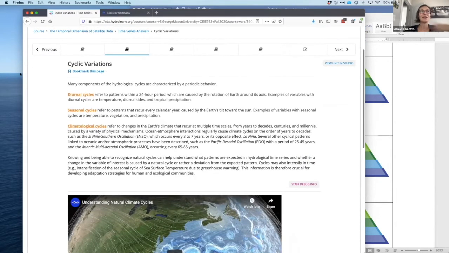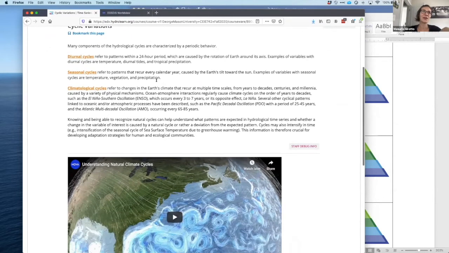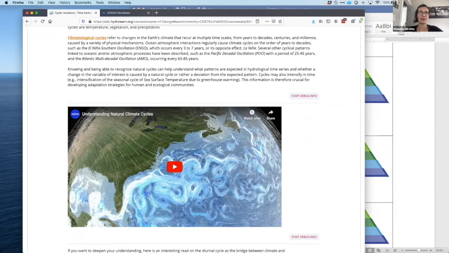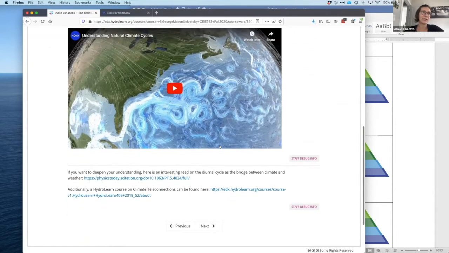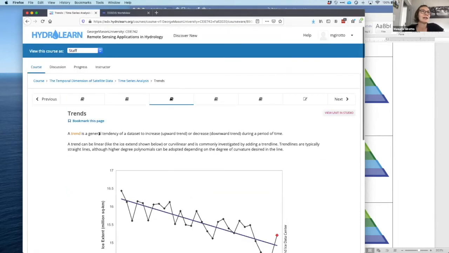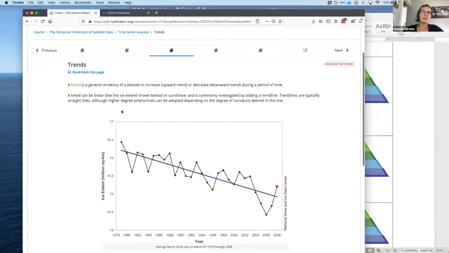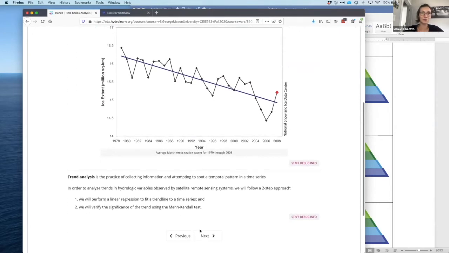And these variations, again, can be diurnal, seasonal, climatological. So again, another video that tends to explain that. And then I think at the end of this specific unit, we also added a link to an existing hydrology course that I think Hamad built, related to climate teleconnections. So as another background: trends, what are trends and why are those important? How do we identify trends using linear regression? How do we test for trends using significance